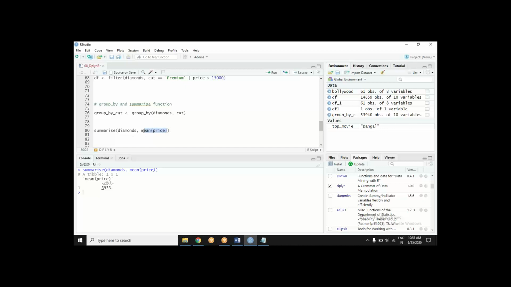It is just telling me the mean price of all the diamonds. Well, for that I don't need summarize. That is not the utility actually. I could have simply gone to the mean function. Same answer. So summarize alone is not doing anything efficient.